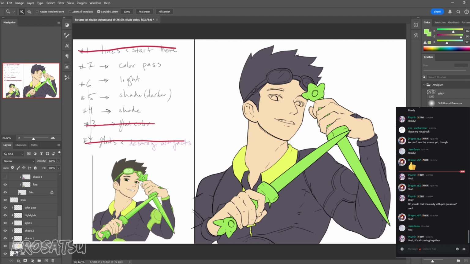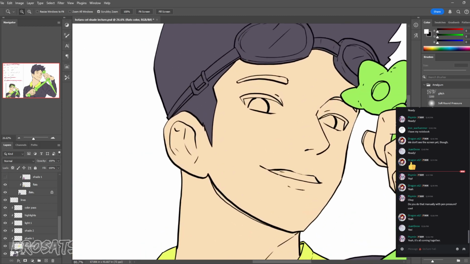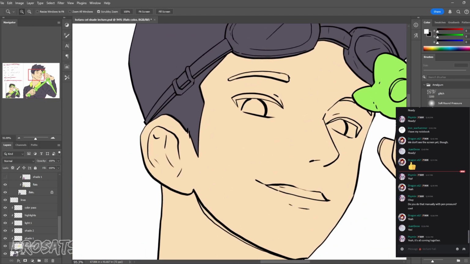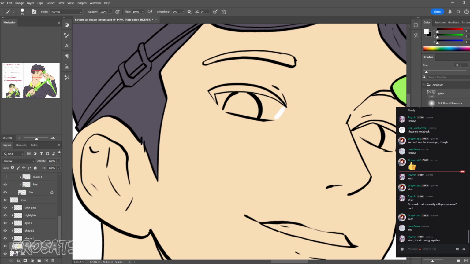Let's just get his shirt done so I can show you. Or we'll do his face. So we'll just drop in some color here for his face, right? Color in his eyes, and this is a technique you can use for coloring. So you can see here, there's this space here, right? Well, how do I do the eyes? You can color it in like this if you want, or you can do a little trick where you just